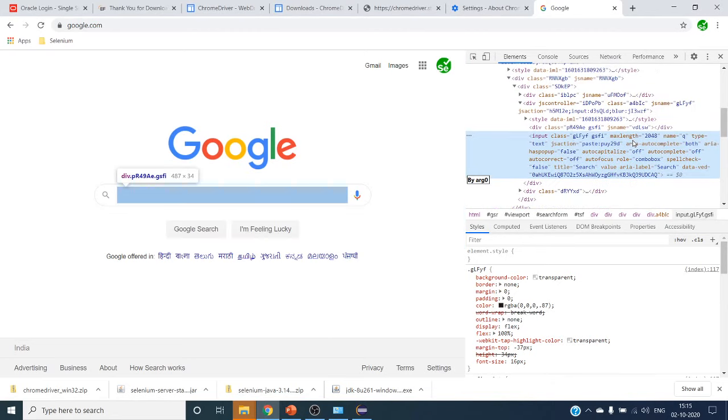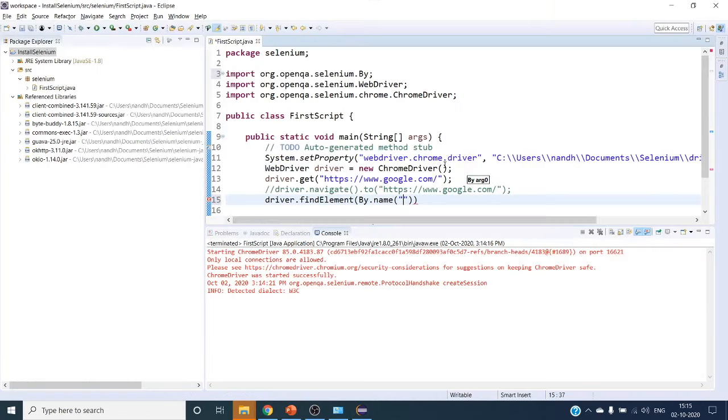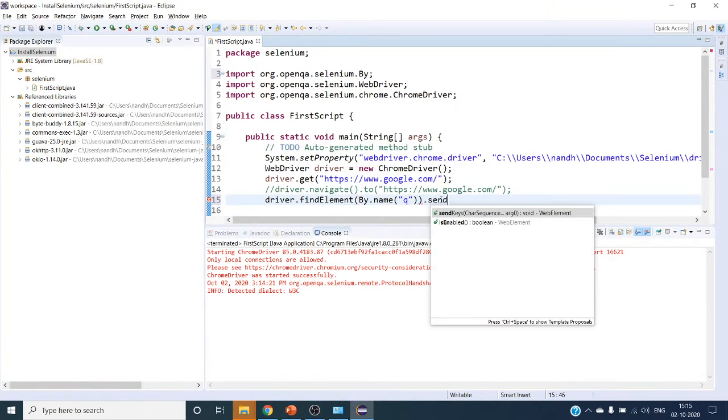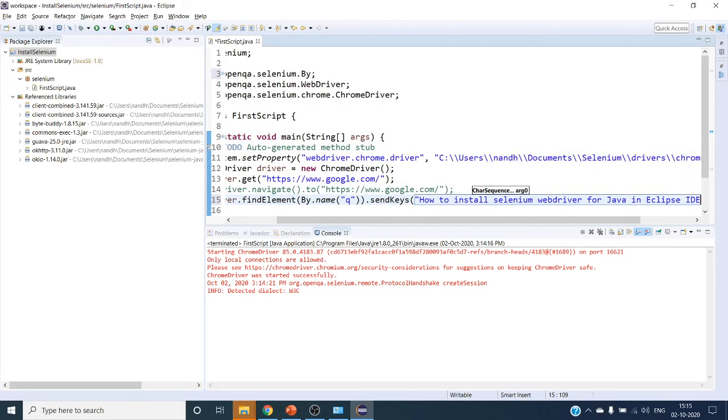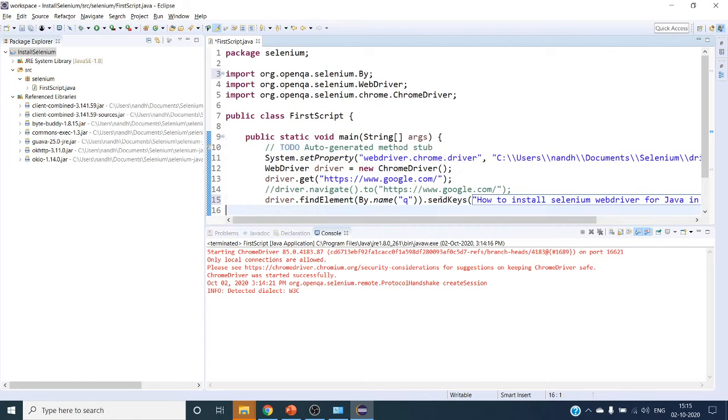The attribute will be name and the value is q, and dot sendKeys. What we have to give here is the exact value you want to search. So I'm going to give how to install Selenium WebDriver for Java in Eclipse IDE.